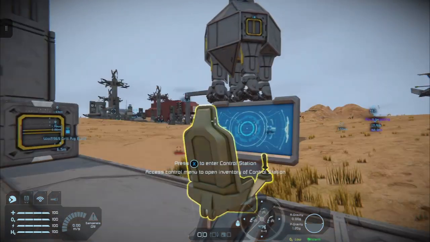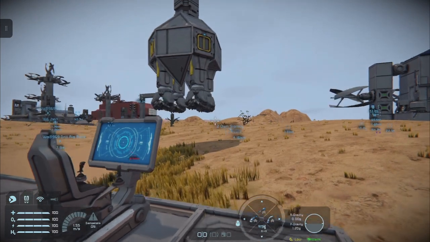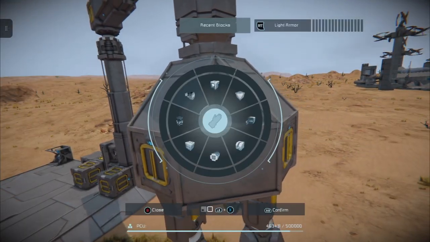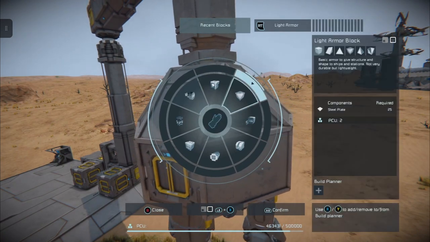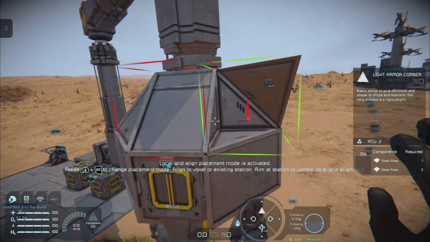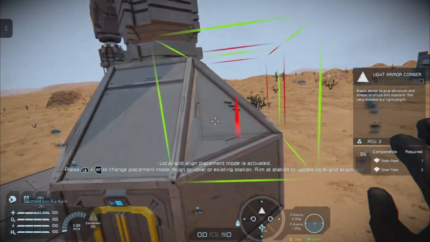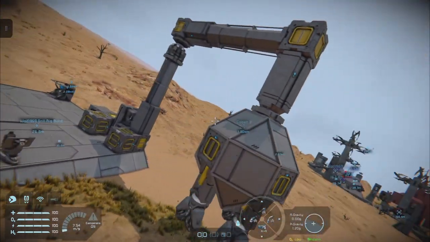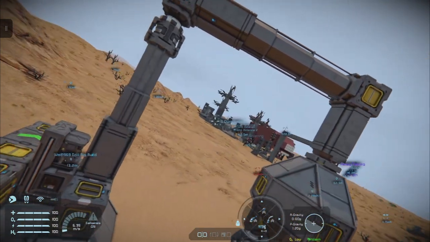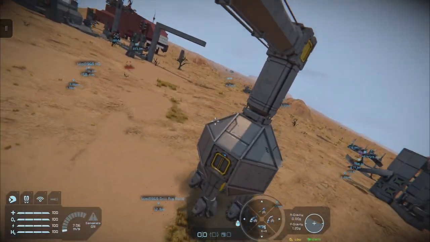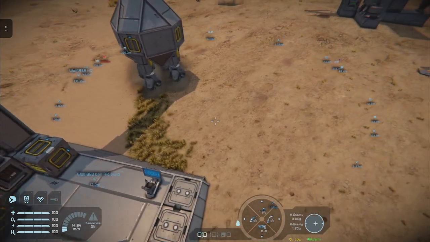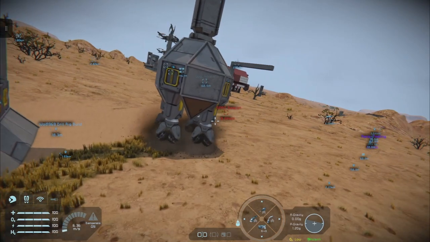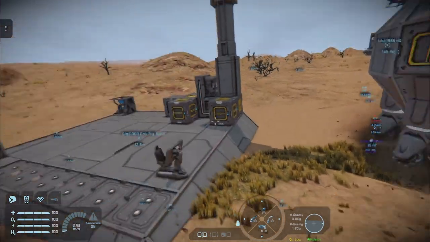If we jump out of the control seat, I think I've missed a panel on the drill. Yep, thought so. This is only for my aesthetics more than anything. There. You'll start to hear it as it starts drilling.